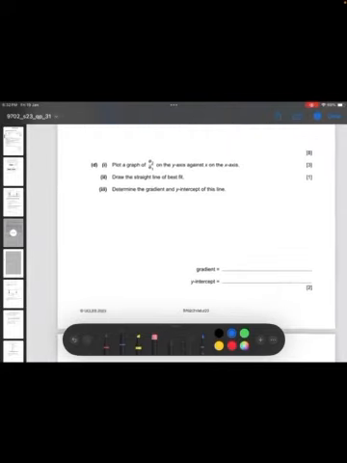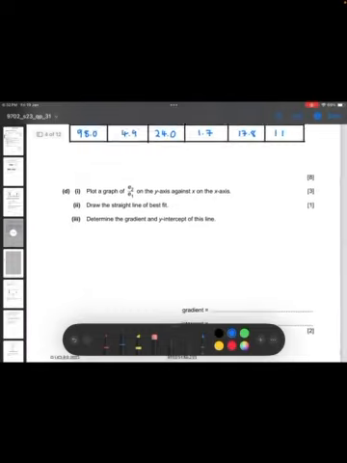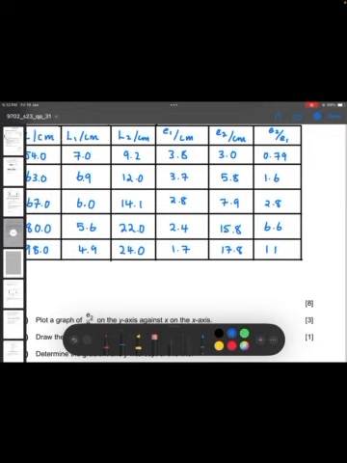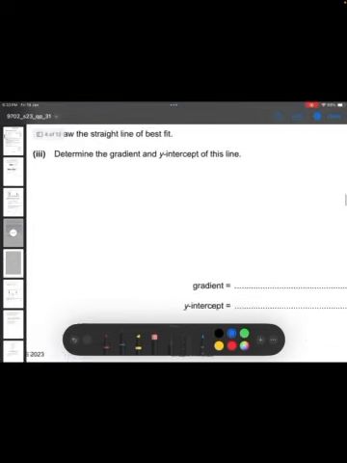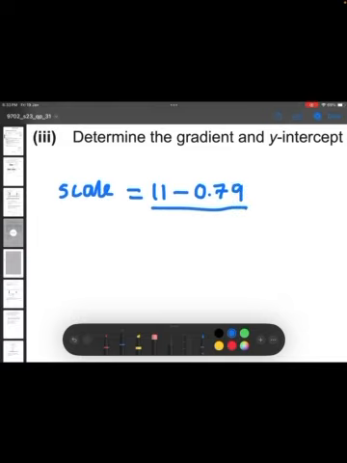So we'll use this space to determine gradient and y-intercept. We'll use a pencil, of course, in the exam to calculate this. So remember, for E2 over E1, the minimum value is 0.79. That's what is supposed to be on the y-axis, and the maximum value is 11. So we come here to this space, and personally I use this formula. I use the formula scale equals the maximum value 11 minus the minimum value 0.79, divided by 10,